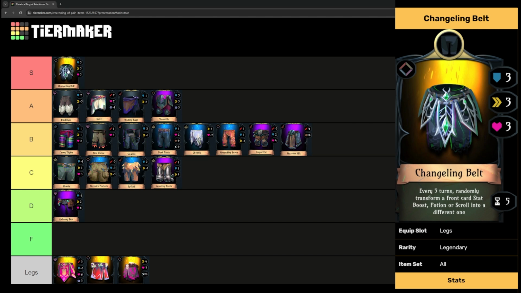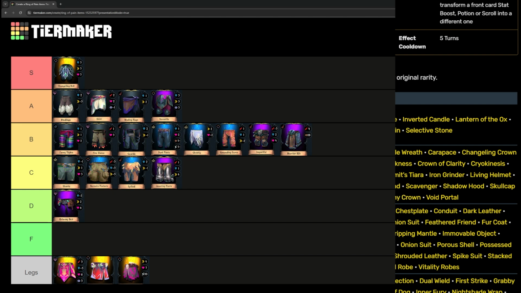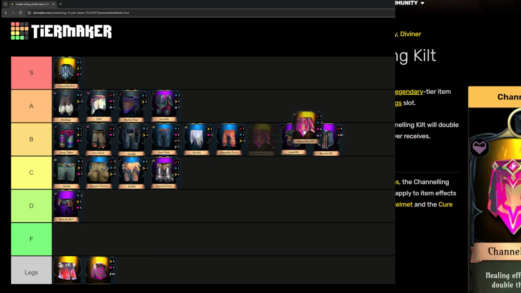There's no negative to it, so you can pick it up on every run, because even if you pass over something and accidentally change it to something you didn't want from what it already was, you can just keep cycling it until it comes back. So amazing. All right, and now, if I make sure I pronounce it correctly, yes, Channeling Kilt, which is what